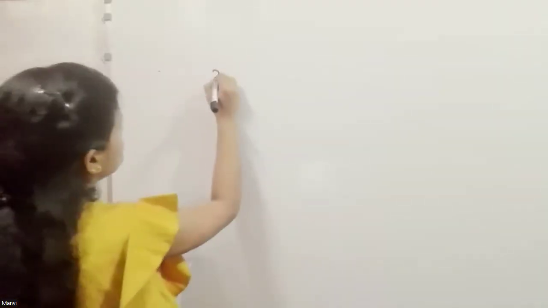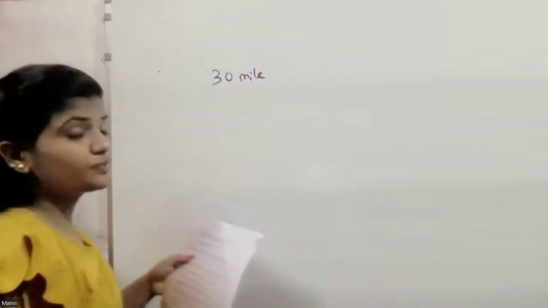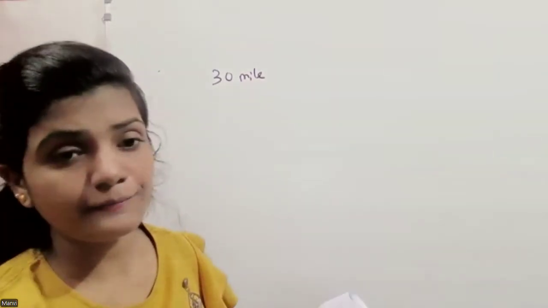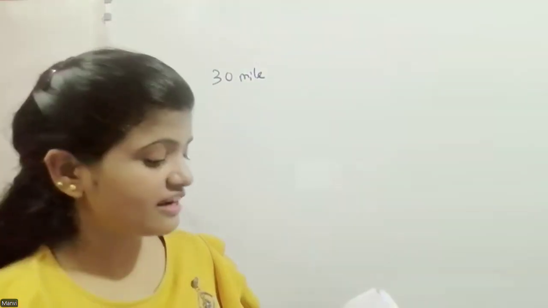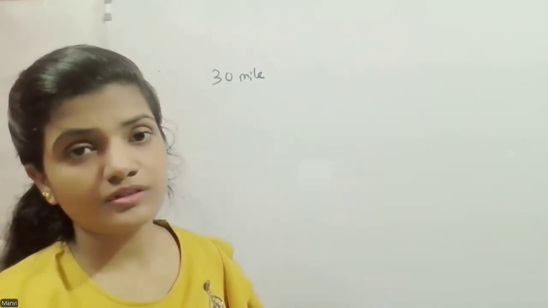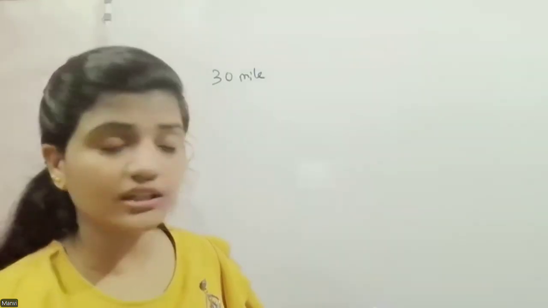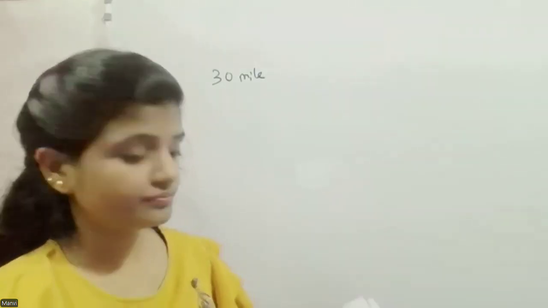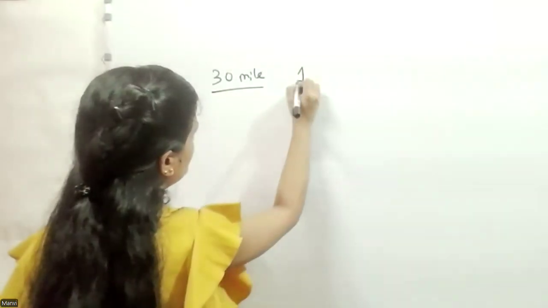Okay, so first, this 30 miles, if the speed is 30 miles per hour, I agree that the time will be 1 hour if they travel 30 miles at 30 miles per hour. So time will be 1 hour. In 1 hour, they travel 30 miles, right? So it travels 30 miles in 1 hour,